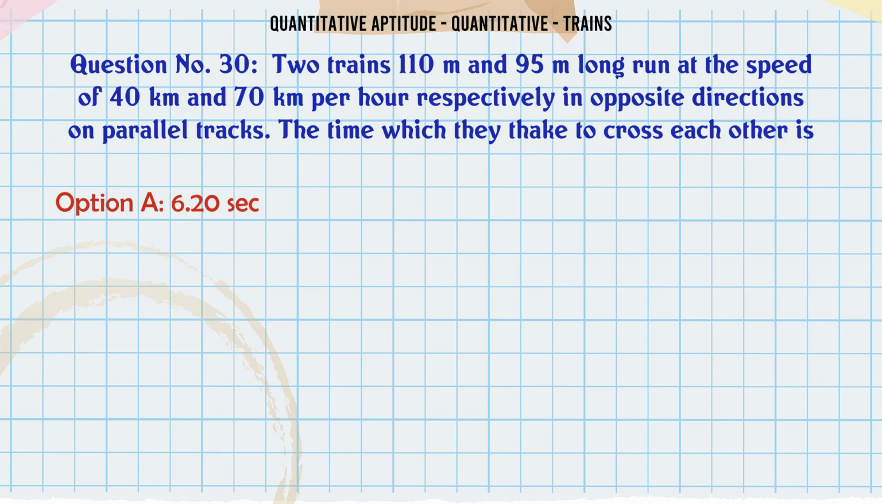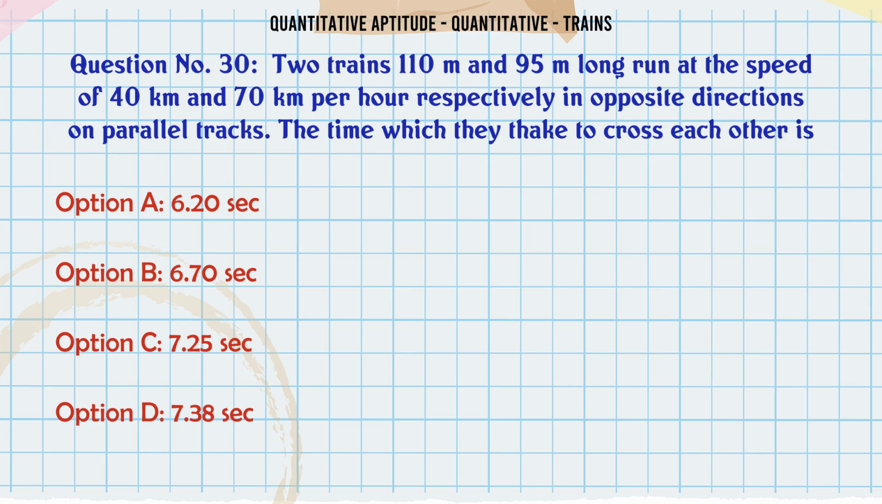Two trains 110 m and 95 m long run at the speed of 40 km and 70 km per hour respectively in opposite directions on parallel tracks. The time which they take to cross each other is A 6.20 sec. B 6.70 sec. C 7.25 sec. D 7.38 sec. The correct answer is